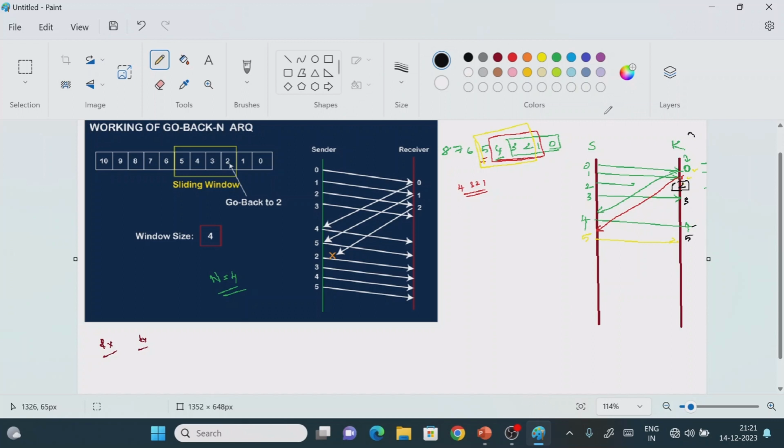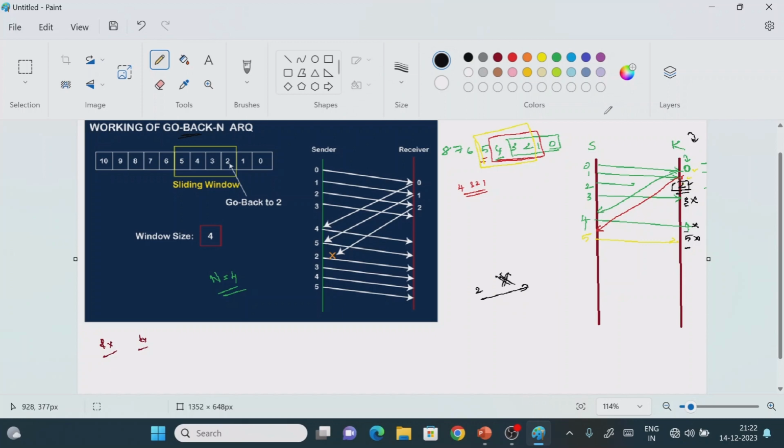Now, if it is processing in sequence order as per the Go-Back-N ARQ protocol, and it is not getting the 3, it will not accept the remaining successful packets either. It means that after that 2, even if you have 1000 packets, it will not accept them even if they are transmitted successfully. As a human being, retransmitting frame number 2 would be sufficient, right? But it is different in the Go-Back-N ARQ protocol.